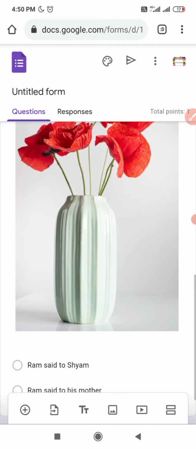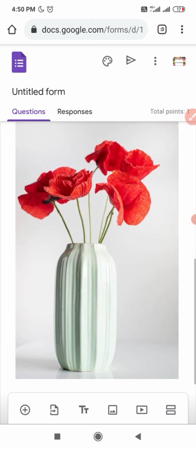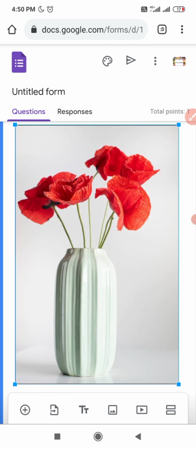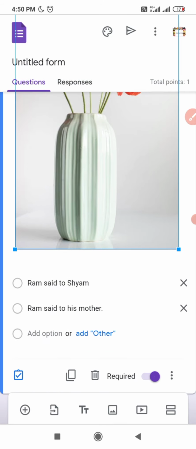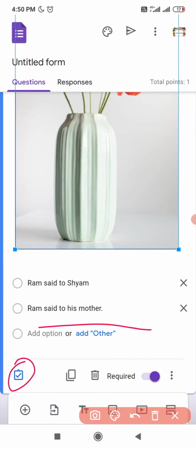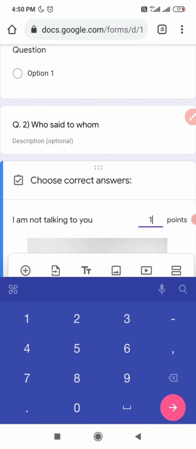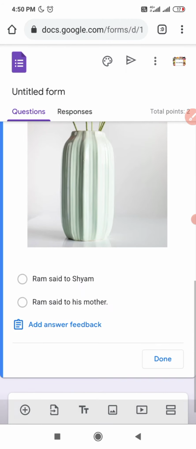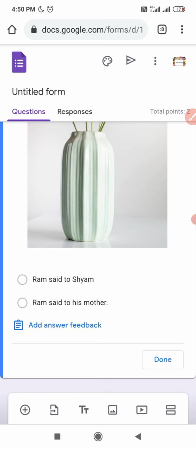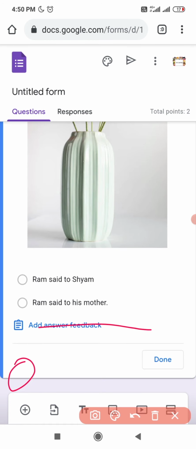In the same way we can use it for multiple choice also over here. We will tap on that section. Now here you can see again the blue box is there. We will tap on that box and put marks first, and then we will click on the correct answer. Here in this section you have to tap on the right answer circle.